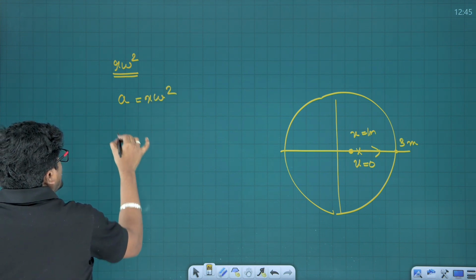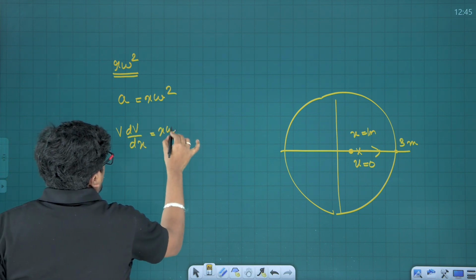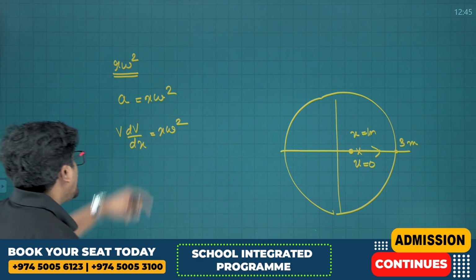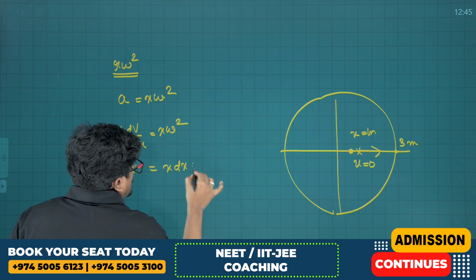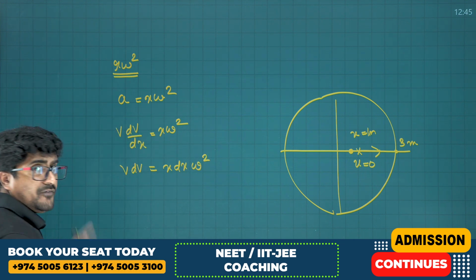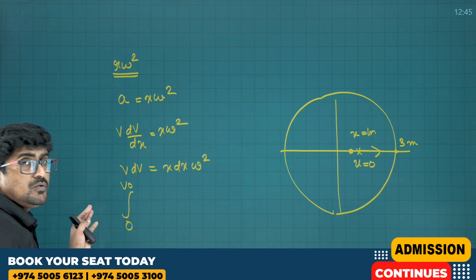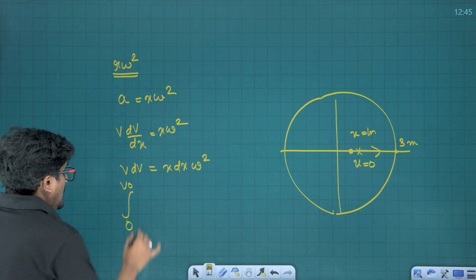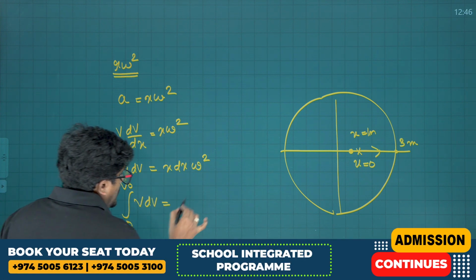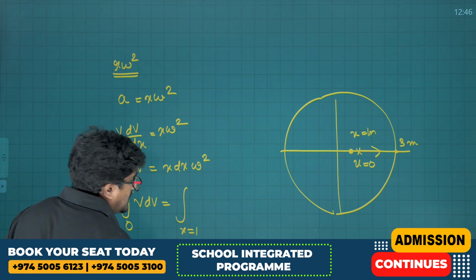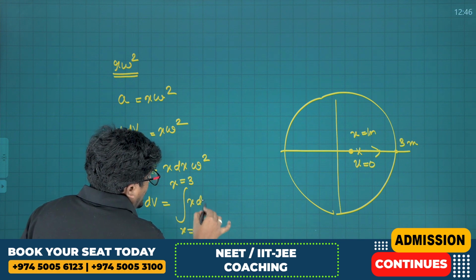And we all know that A, that is equal to what? V into dV by dx. And that is equal to what? X into omega square. If I rearrange this, V into dV, that is equal to x into dx into omega square. Now, if I integrate this term, initially it was at 0 and let me assume that once it was leaving, the speed is V0. So, 0 to V0, V dV, that is equal to integral of, at the time it started the motion, it was at x equal to 1 and while leaving it is x is equal to 3, x dx times